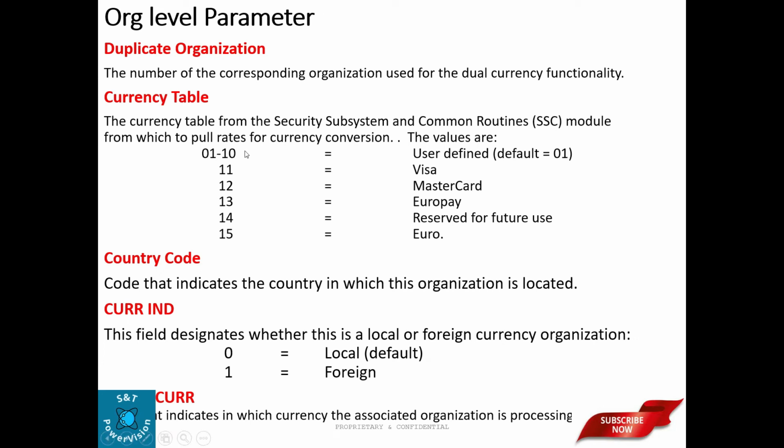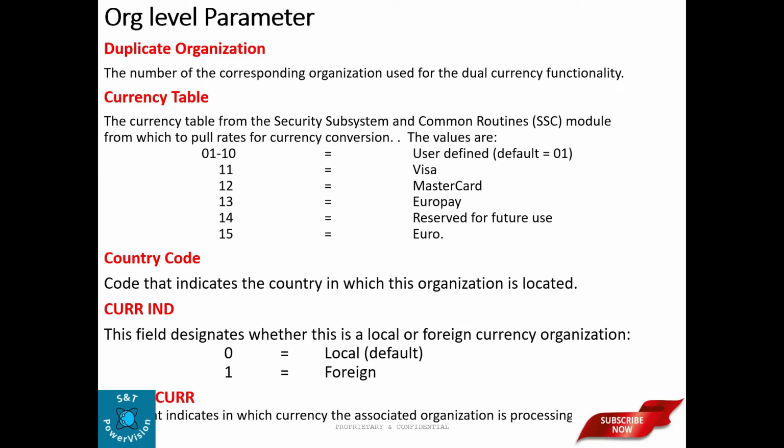Now the currency table. The currency table from the security subsystem and common routine module is used to pull rates for the currency conversion. The values are 0 and 1 to 10 user defined, 11 is for Visa, 12 for Mastercard, 13 for Europay, 14 for some other future use, and 15 for Euro.